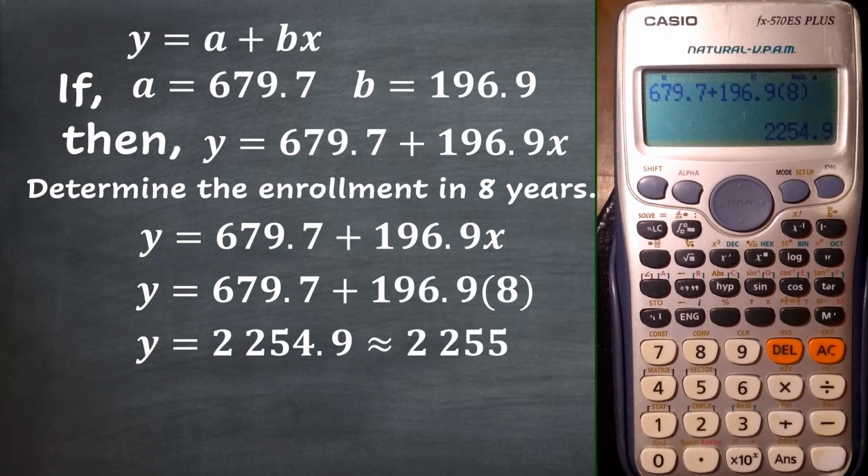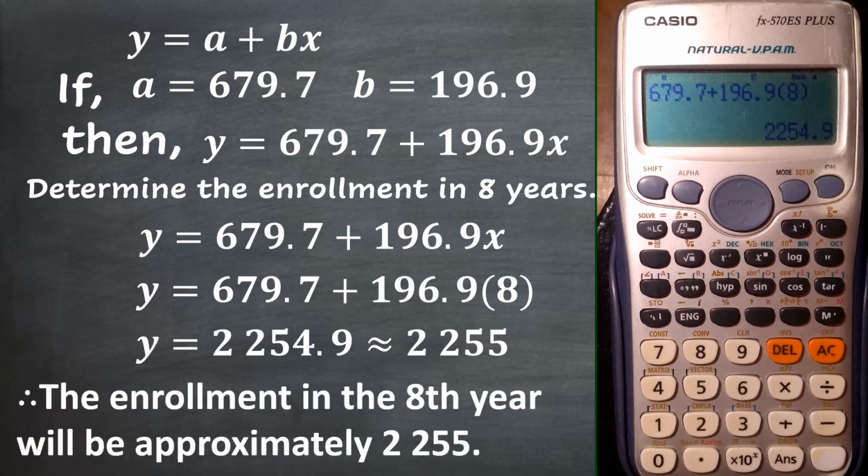And for regression analysis, you also have to take note na since we will not include all the decimal places for this one, and all we have to do is round off the values into 2 decimal places, the value that you will get for the conclusion, or the value for the y, will always be an approximated value po. For the conclusion, we have the enrollment in the 8th year will be approximately